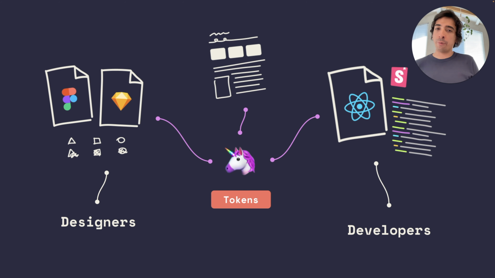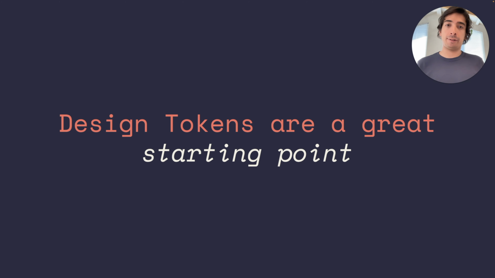The solution, though, is about connecting the tools. Tokens are just the data that's shared. So ideally, when you're working on components 5 years, 10 years from now, everything will be in sync between the tools that we're using, and you're not even thinking about design tokens. It just works. So today, though, until we get to this perfect solution, if ever, design tokens are a great starting point. They're not going to solve all the problems we talked about, but they're going to be super helpful.